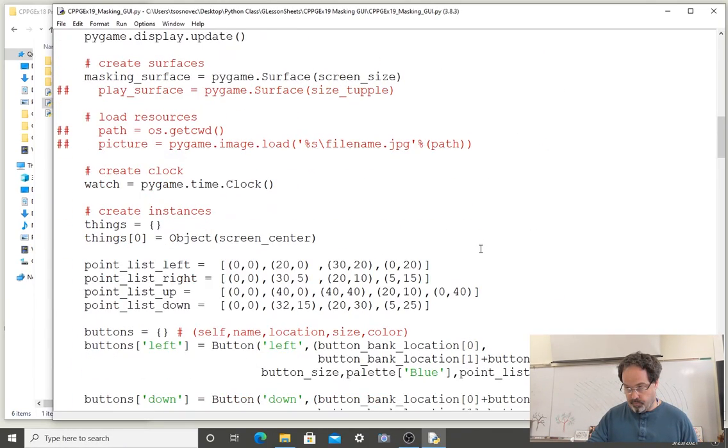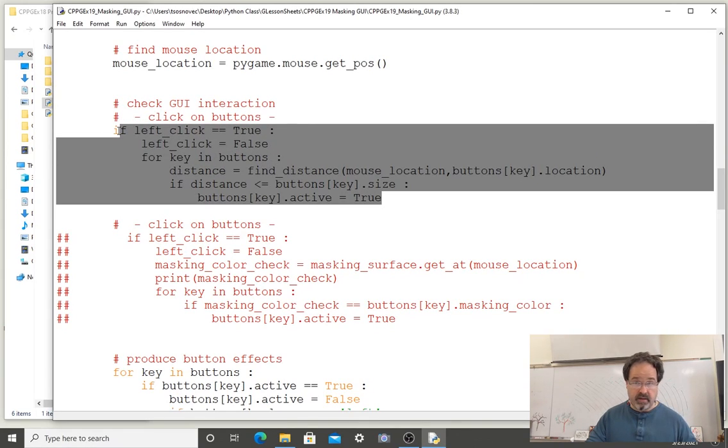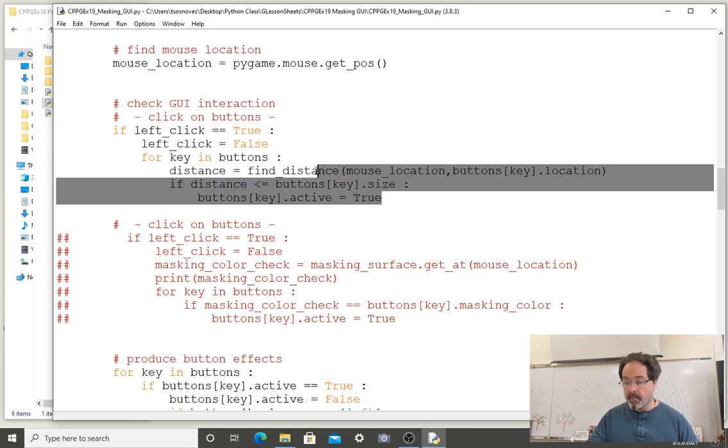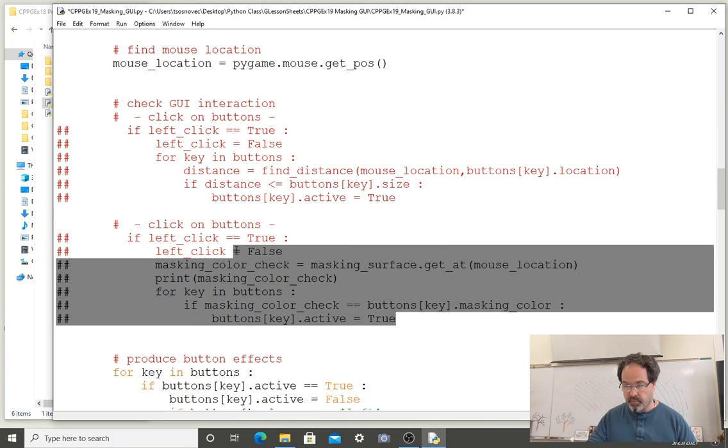So previously, for proximity detection, this was the second step in that 4-step process. The first step being there was a left click. And when there was a left click, that second step, which this is the code block for, was to go through the buttons and find the distance between the mouse cursor hotspot and the center of the button. And if that distance was close enough, then we can make the active attribute true. We're going to abandon this by commenting it out and uncomment what was prepared